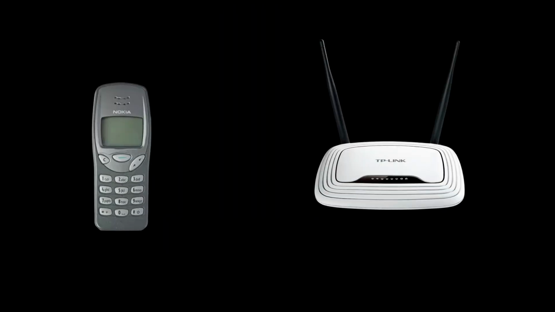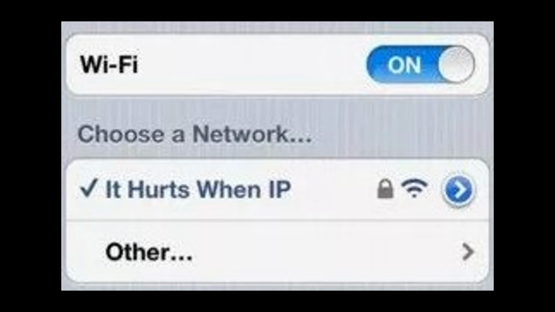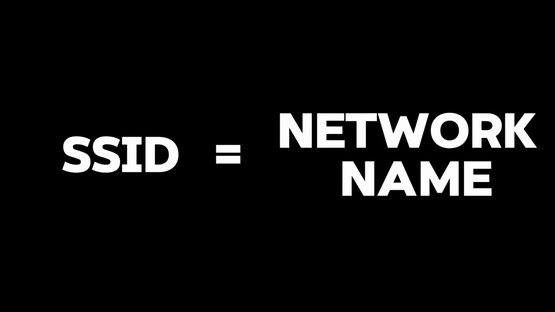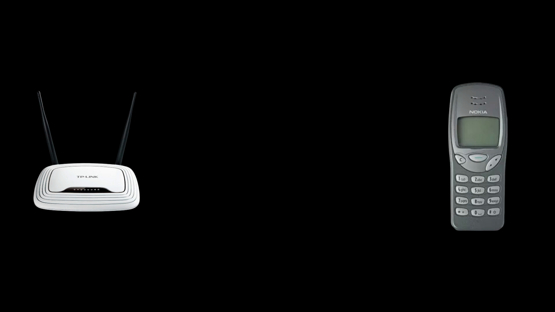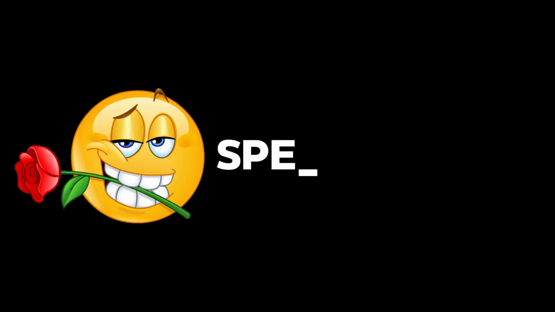The first step in the process is initiated by you, the user. You must first pair your device to your Wi-Fi router, search for your router, and pair using the correct SSID and password. SSID is just a fancy name for network name. Once you've connected, your router will assign your device a MAC address, which is a special name assigned to your device by your router so that it can send specially requested data by your device, as there are multiple devices